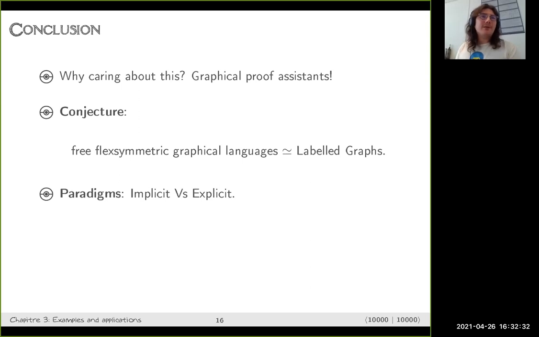And I really need to think of what kind of tool to use, if I need to go back to Rock of Street and Joyal, or maybe I can use the thing of Alex, or I don't know. I guess there is no notion of a free, softened, relaxed flexsymmetric graphical language,